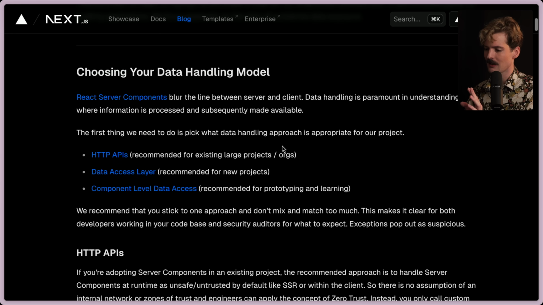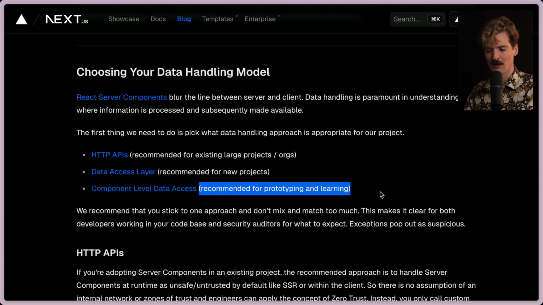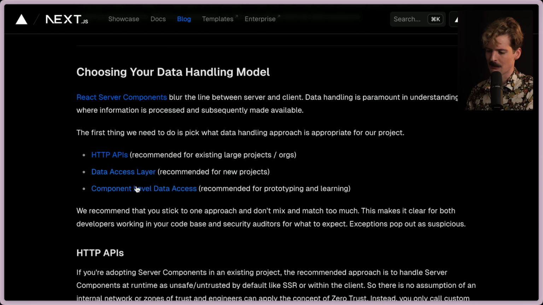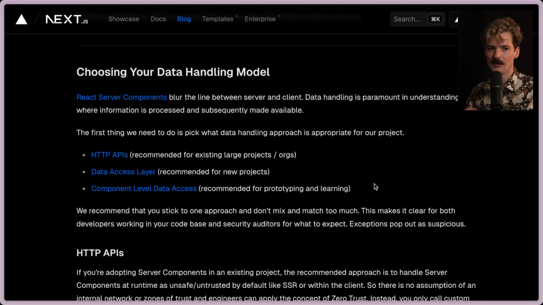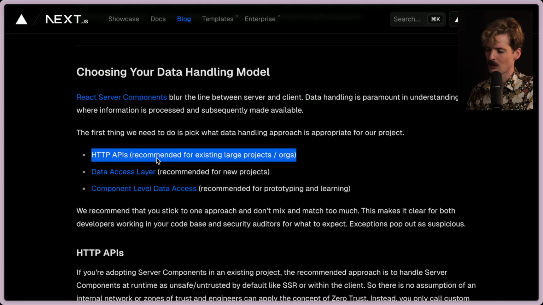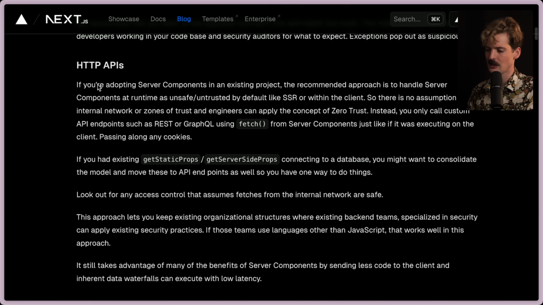But the important piece here is how it shows you the different ways you can model your data. You can do what I showed there, but they only recommend that for prototypes and learning, as well as examples, and what I was showcasing there. But the other patterns that they recommend are HTTP APIs and a data access layer. These are meant to be 3 different options for how you get data to your components in the new React model. This first one is what we're all used to, where we have existing HTTP APIs, be it they're hosted via GraphQL, they're written in Go or Python or Java or whatever, and we're fetching data from those.